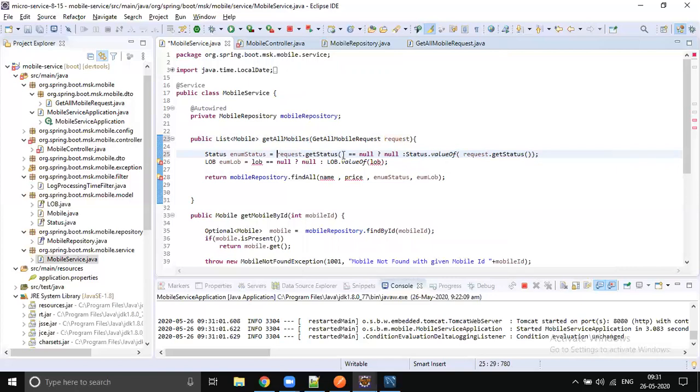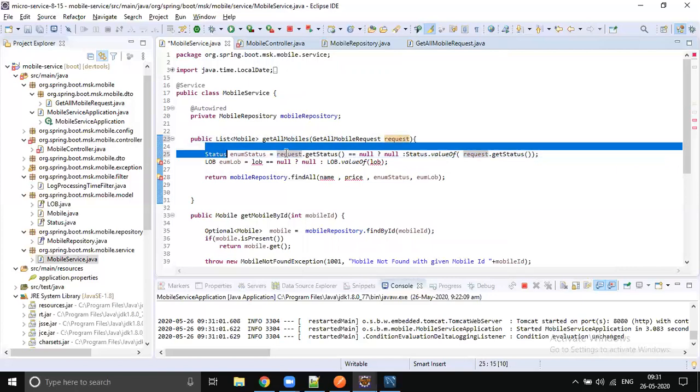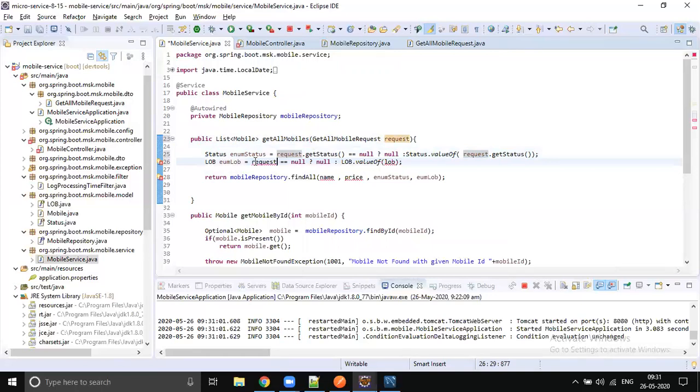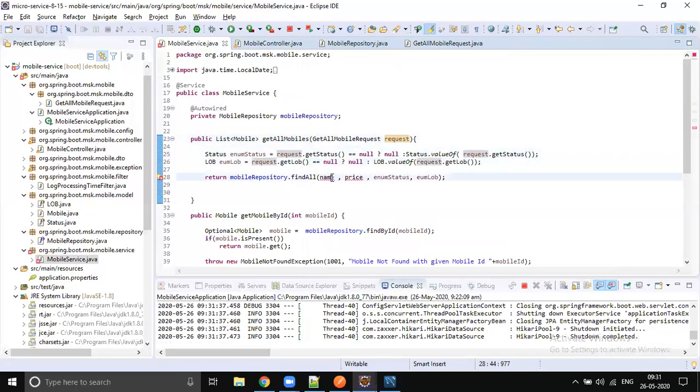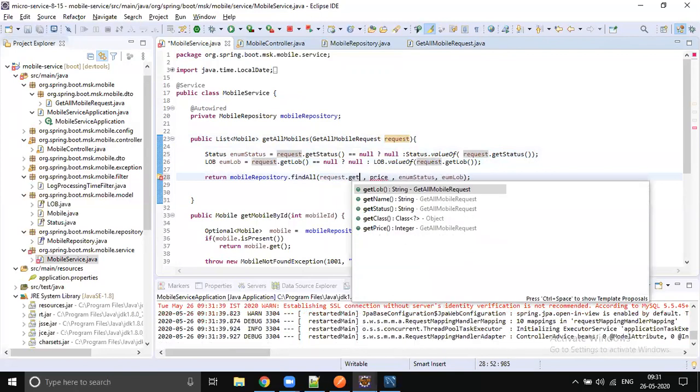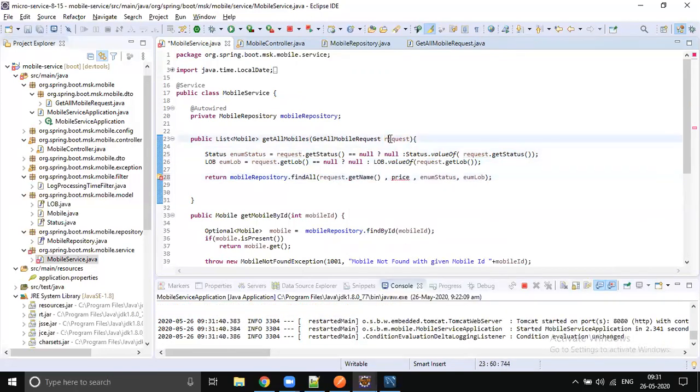If it is null, then we send null to the database. The same concept applies for LOB also. If get LOB is null, don't convert. If it is not null, then convert into enum. For name and price, just take it from the request directly and send it.